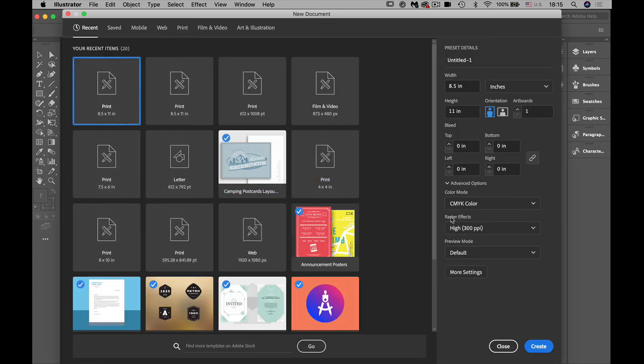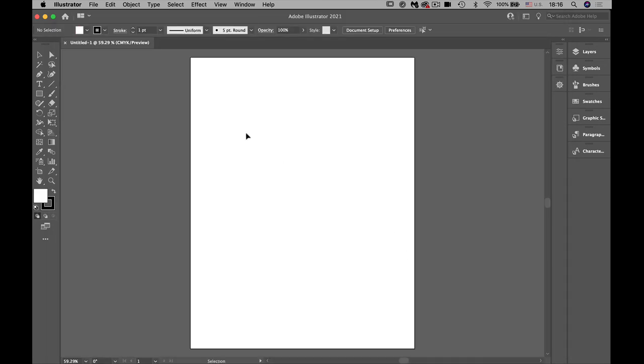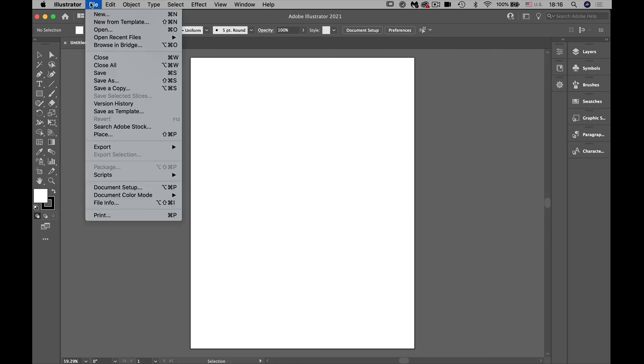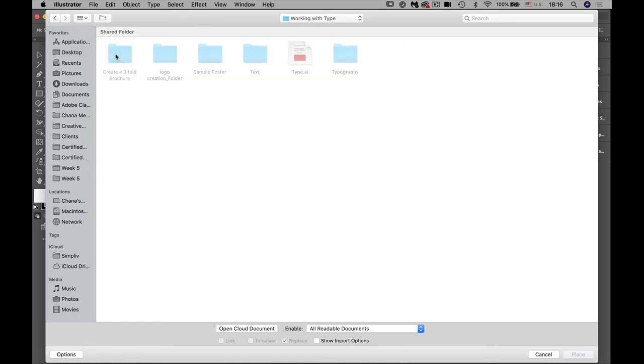If you go in to do File and New, I crashed already, so my File New has 1 artboard. But if you didn't crash, well, it's going to tell you 8 artboards. I'm going to do 1 artboard, 8.5 by 11, and all what you want to do is File and Place, and go in to week 5, working with type, and click on the text, and then make that all document,